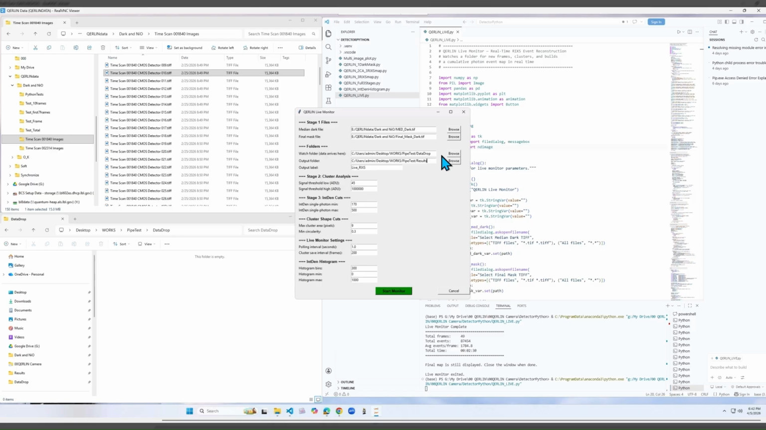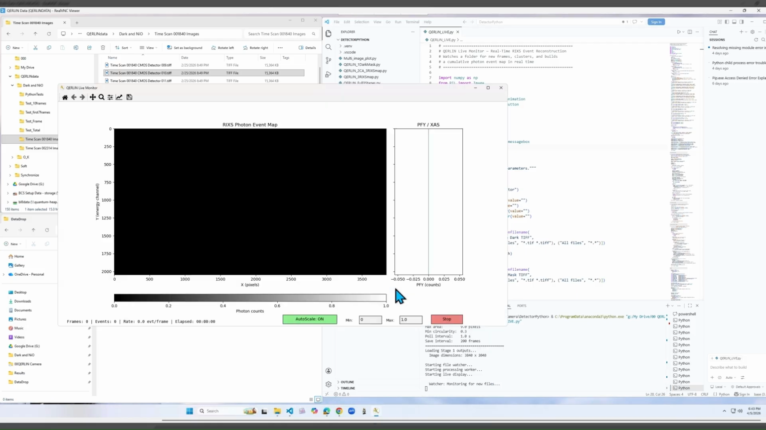What you as a user need to tell the program is where to look for the data saved during your experiments and where you want the program to output the final results to. All the others, including the dark image files and the parameters, will be provided by Beamline staff and depend on the photon energy you use. After you put in your folder information, you can click Start, and the user interface will